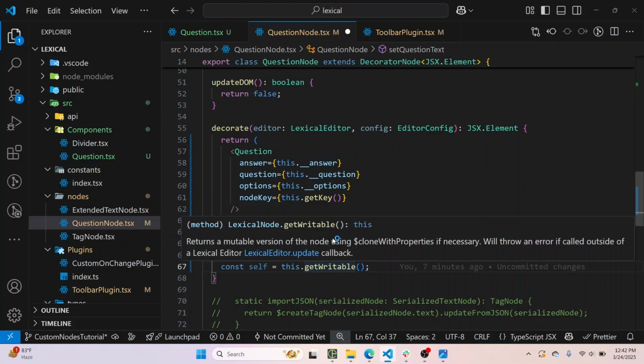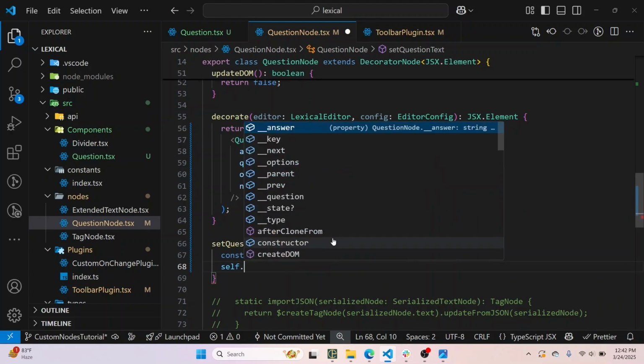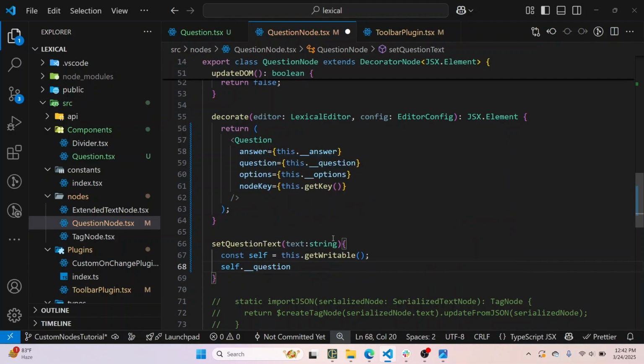So using this we should be able to mutate the node properties. So if we call getWritable, we get a mutable version of the node. So we get a node object, and we can basically just then mutate it just like we would mutate a normal object. So I can just do self dot question is equal to text,